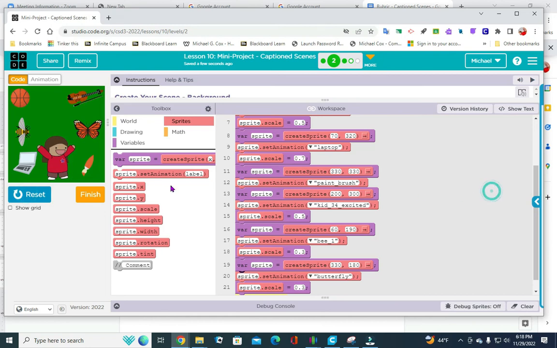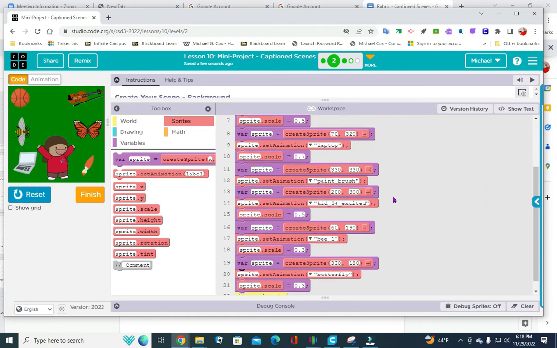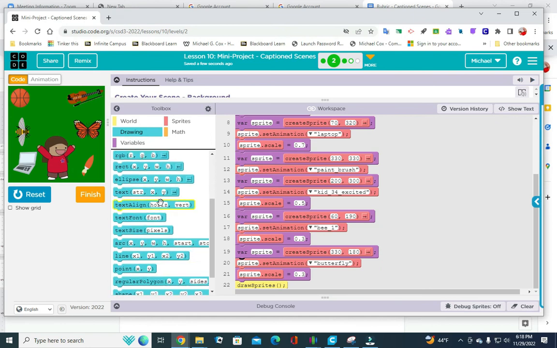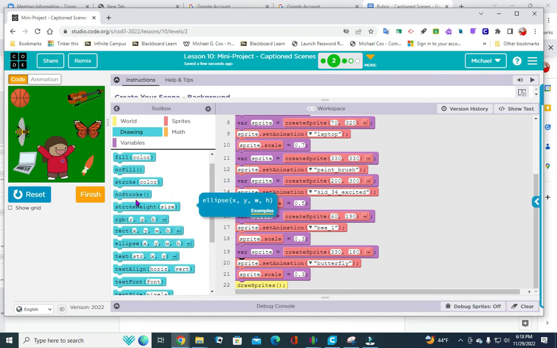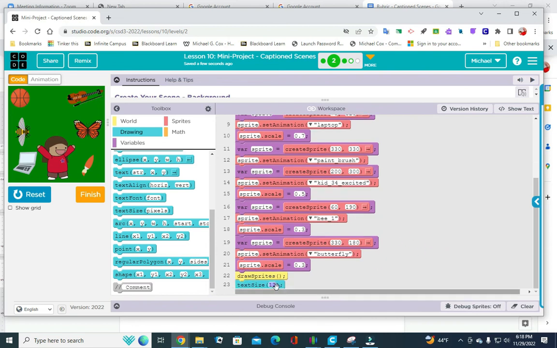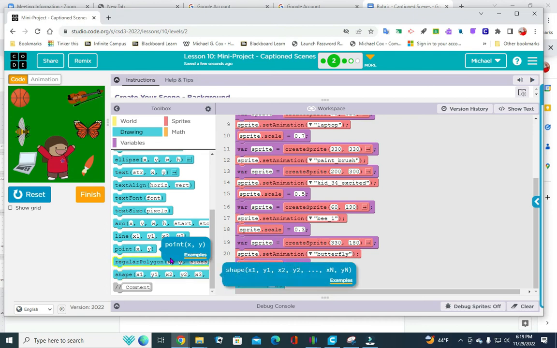Okay. So now the last thing we need to do is put some text in here. It looks good. It looks real busy. Maybe some of these pieces could have been smaller, but that's fine. We'll continue going here. So I'm going to go into drawing. I'm going to come down, and I'm looking. Text size, and we're going to put this underneath the drawing, draw sprites. And the size that we fooled around with in class was 25. Made it big enough to see. Now, right under that text size,